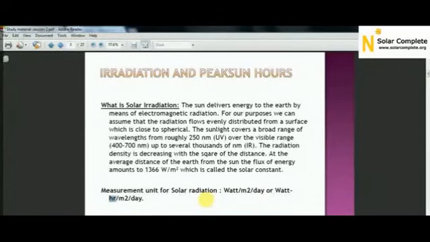So hour is a time factor connected with power. Watt is connected with power, but when you connect a time factor like hour with the unit of power, then it becomes energy. We can understand this with a very simple example. In our residence we get electrical power from the electrical department, that is from the grid. You consume electrical power for a particular interval of time, let's say for a month.